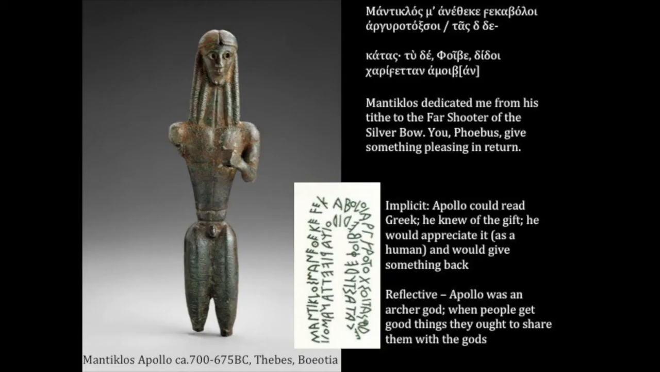Also, another reflective thing, this is from his tithe: when people get good things, they need to share them with the gods in order to receive the favour back again. So again, it's a really good example to look at the implicit and the reflective modes of cognition in this one votive. I think for myself, teaching students with lots of different beliefs and backgrounds, it's good to get them